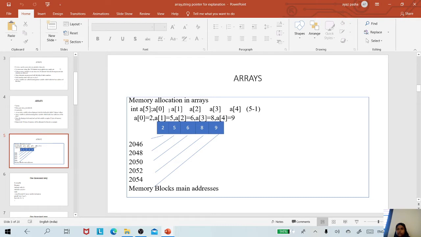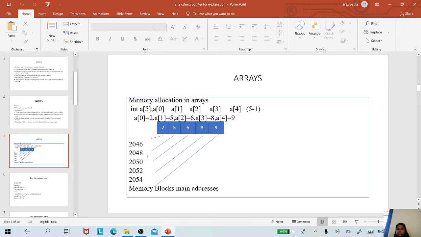So here we have 5 data elements. All the data types are integers, each occupying 2 bytes of memory location. Hence 5 elements occupy a total of 10 bytes of memory location. A of 0 memory location is given by the address 2046, followed by a of 1 whose memory address is 2048.